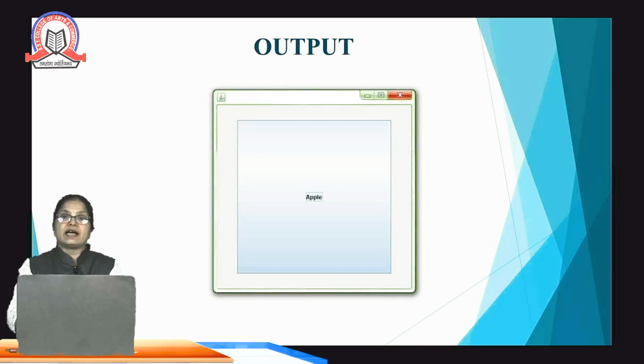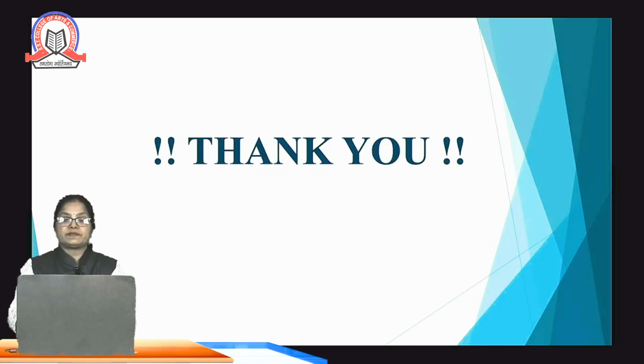So this is the example of output of card layout. You can see only one component in this output, because the other 2 buttons are hidden behind this component. So this is all about the layouts.